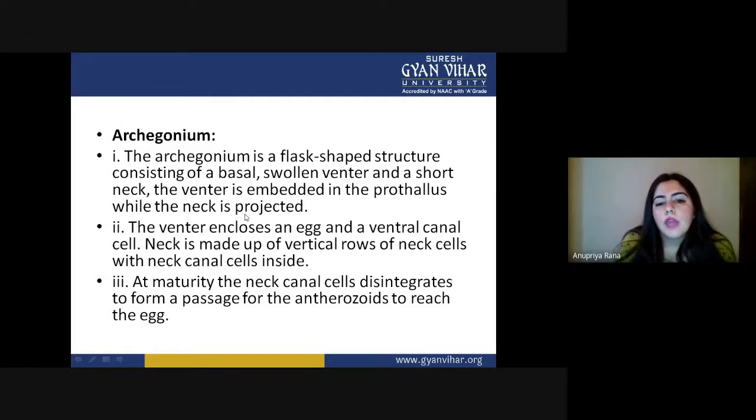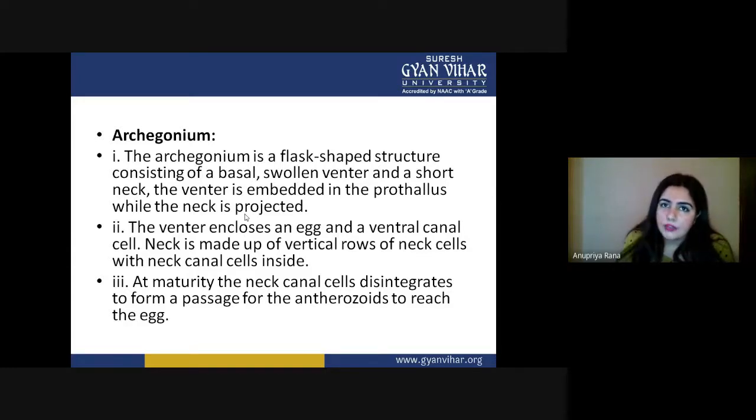The venter encloses an egg and a ventral canal cell. Now, what are the things inside the venter? Two things: one egg cell, which is the major issue here, and a ventral canal cell. They are just present here to give protection and nutrition to the egg cell. The neck is made up of vertical rows of neck canal cells. These neck canal cells are present just to make a passage when the anthrozoid comes. They disintegrate, or degenerate, when the sperm comes, making a path for the anthrozoid to reach the egg cell